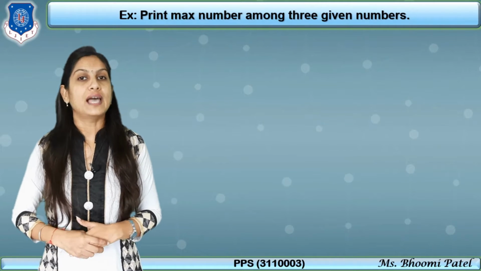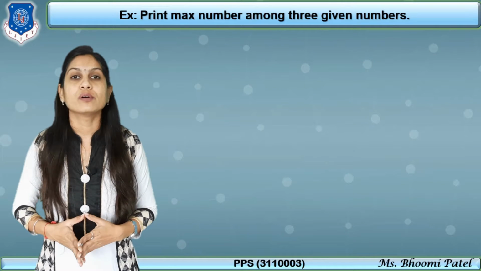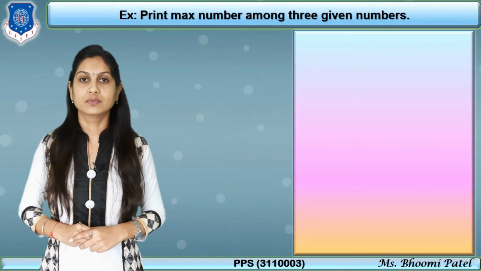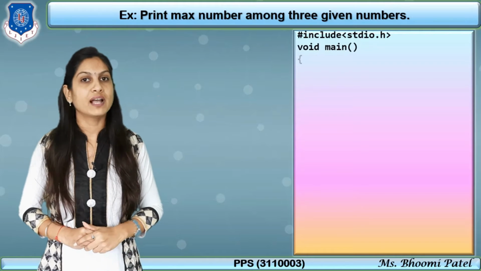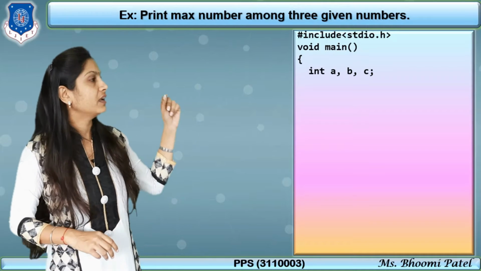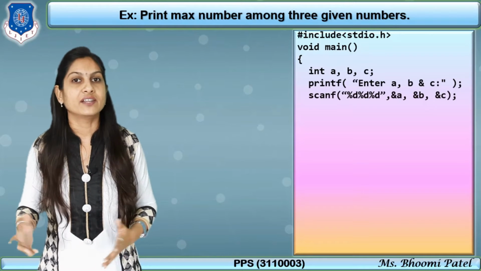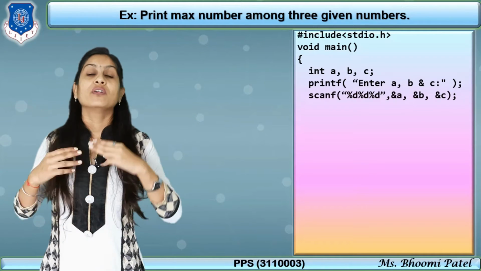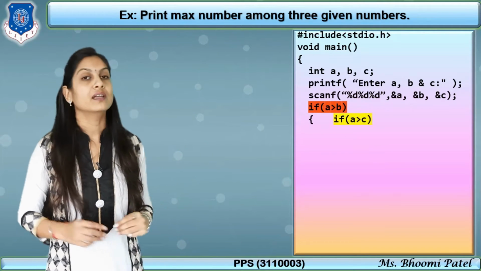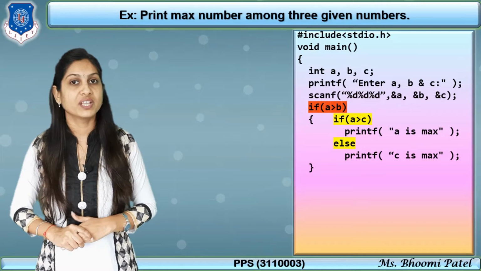Now let's understand with an example. I am taking a simple example here. Instead of finding the maximum of two numbers, the definition is to find the maximum of three numbers. For that, first include the header files and then write void main. How many inputs do we want? 3. So take 3 integer variables a, b and c. In a printf, write a message like enter a, b, c, and in a scanf use %d three times because there are 3 inputs, with a, b and c as the 3 different variables. Now this is about the input.